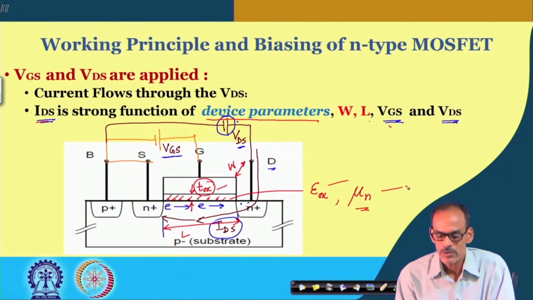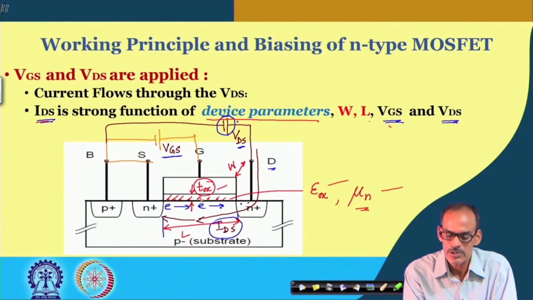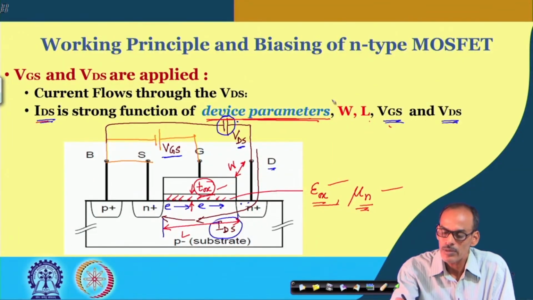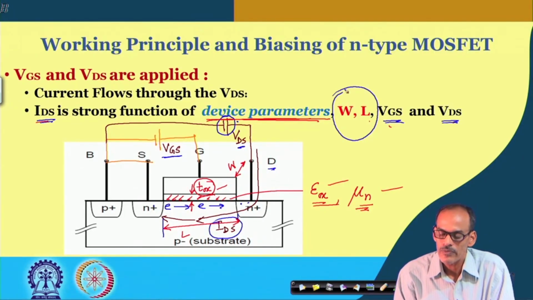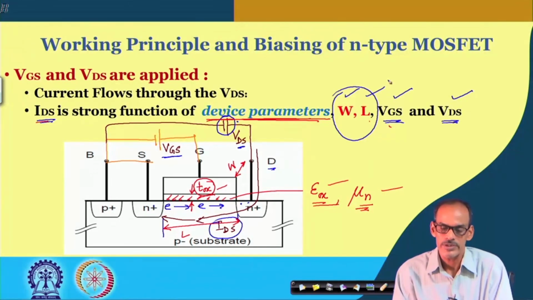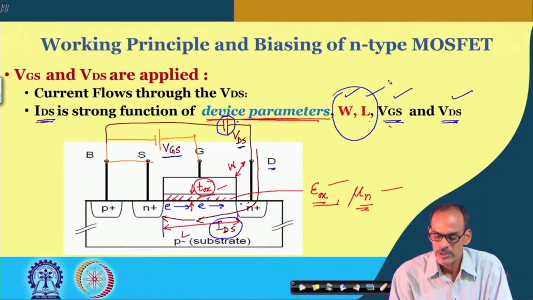On the other hand, if you are a VLSI circuit designer where the device is yet to be implemented, however the technology is fixed, that means these device parameters are fixed, but you also have the flexibility to change the W's and L's of the devices. So, for a VLSI circuit designer, not only will you be playing with the applied voltages, but also the geometry of the transistor. In the next slide we will be going for the IV characteristic,